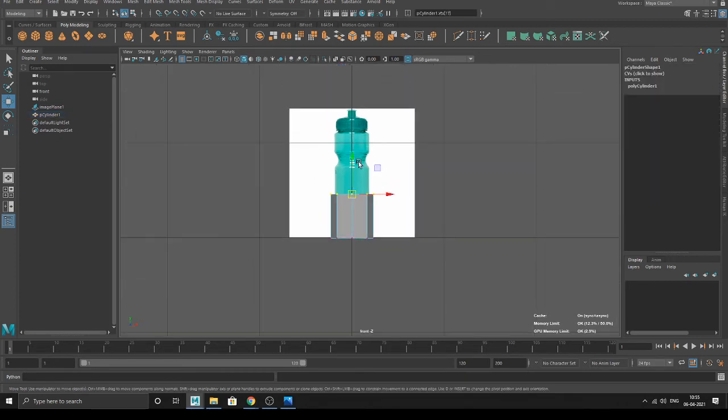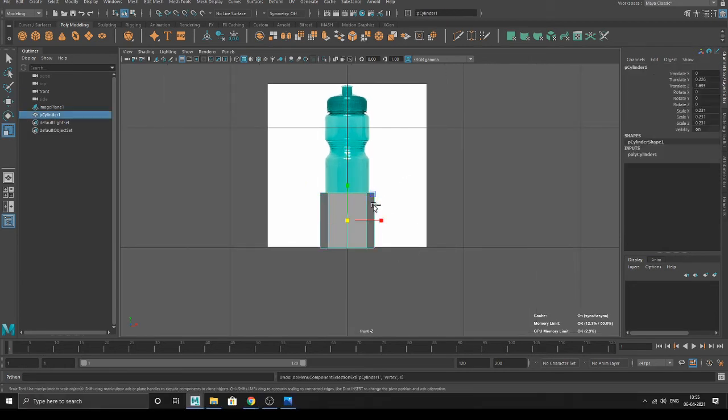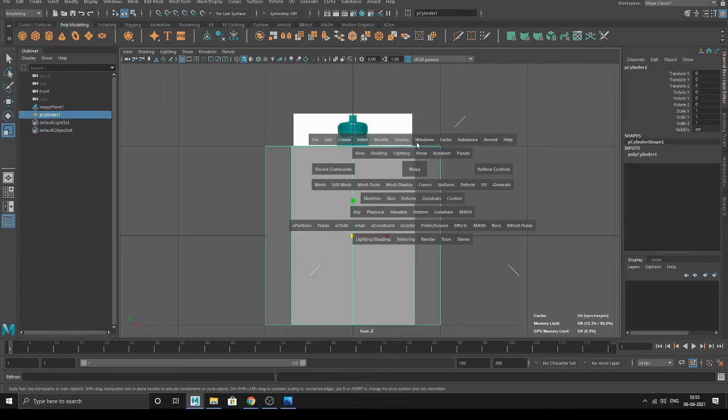Why? Because we can then change the model afterwards if we don't want some shape or anything like that. So basically, what is blocking? Just the shape of that bottle, the outline of the bottle, or the silhouette of the bottle. I'll tell you how to block the model first, so starting with blocking.